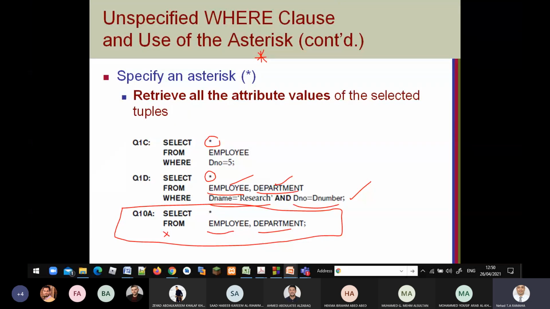If we have a where clause, we will take all the attributes, but not a Cartesian product; it depends on this condition. Then we connect this one like a join, and this one like a Cartesian product. This one is a join without using selection, and this is a Cartesian product without using selection. This is the difference.